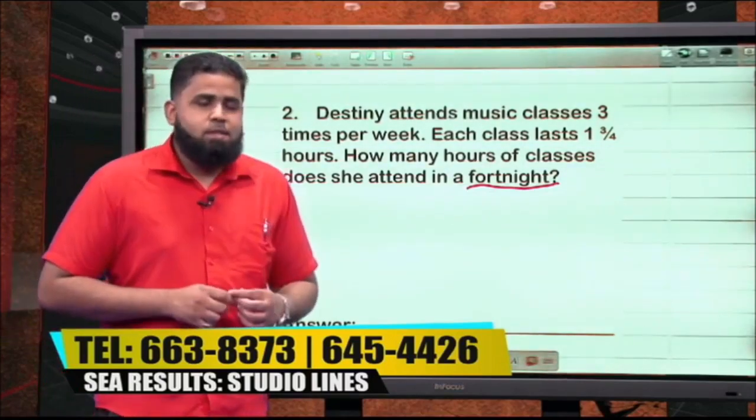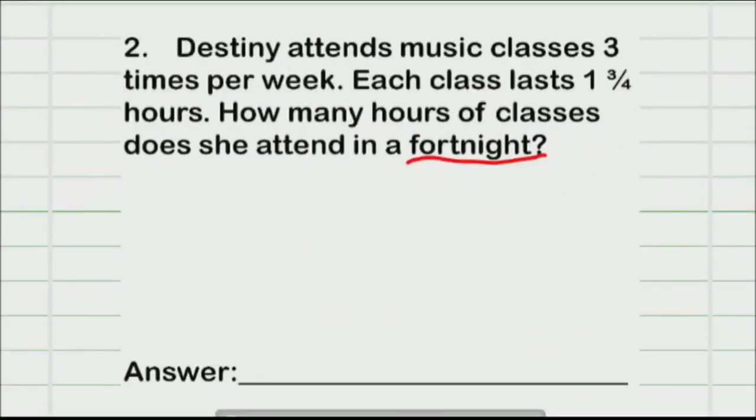So what are your thoughts on this question here? Well, I did it many times in class, so it should be easy. All right, so let's hear it then. Since we know that a fortnight is 2 weeks, first we have to find out how many hours she does in a week. Right. So multiply 1 3/4 hours